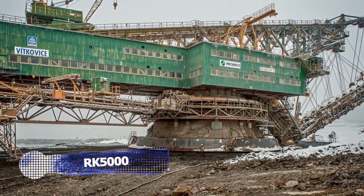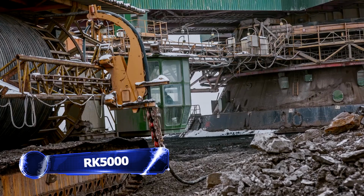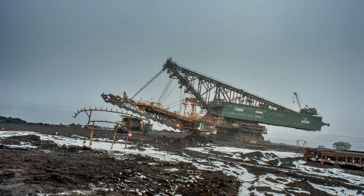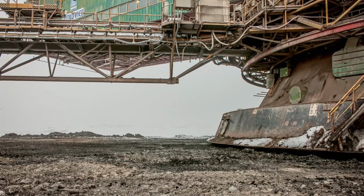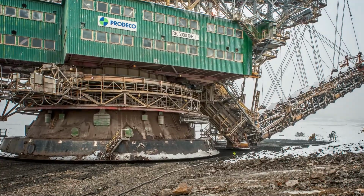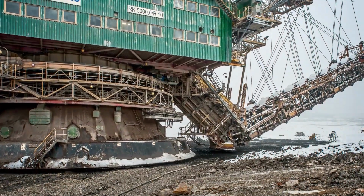Have you ever seen titans walk the earth? Well, this supersized chain excavator is no less than one. Manufactured in 1987, this humongous machine can tear through rough terrains and giant rocks like a hot knife through butter. The RK5000 weighs up to 5 million kilograms and can excavate approximately